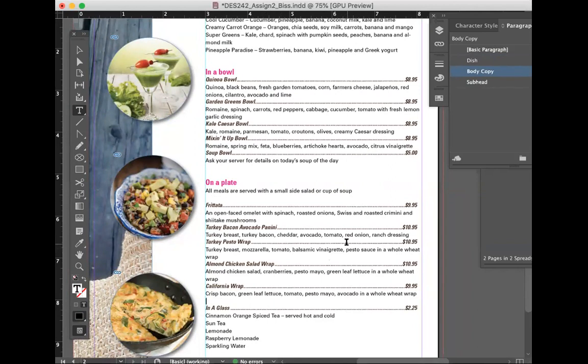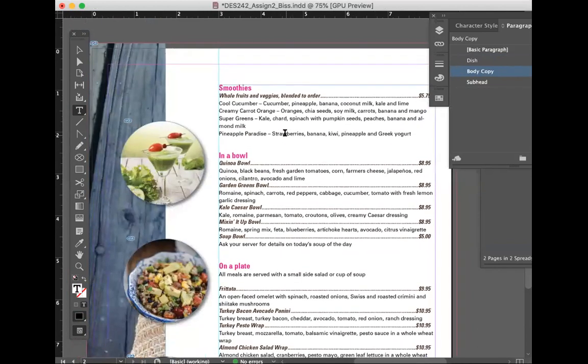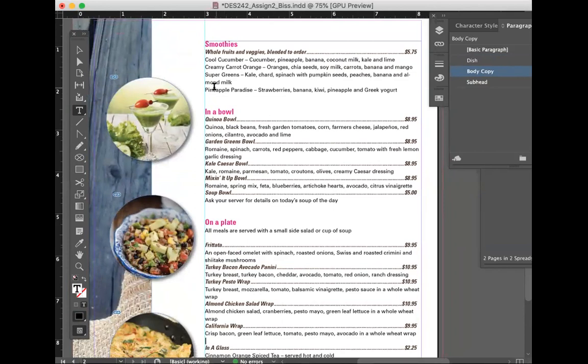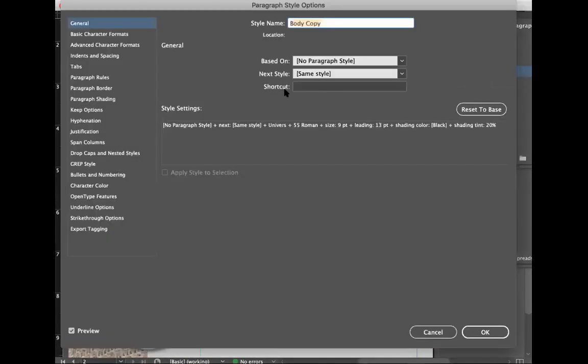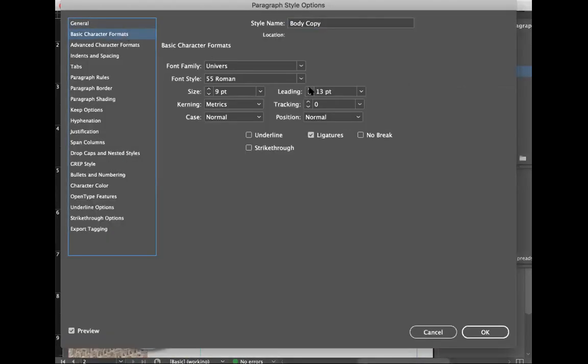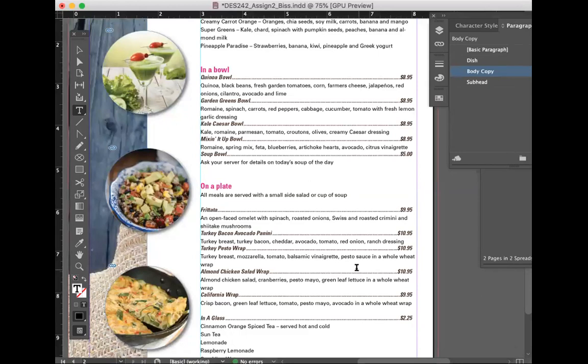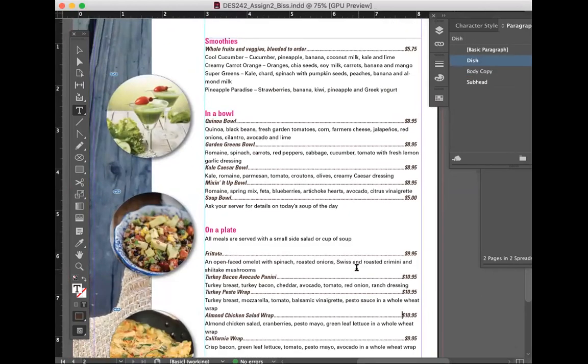So I would say don't worry about the space after. When you do work with publication work, you're dealing with a lot of paragraphs, not necessarily a list of menu items. That's where you would pay attention to that. Yeah, there's a little bit more space in between each section here. That's a good thing. I'm going to put a little bit more leading in here. There we go. It was a little crammed.